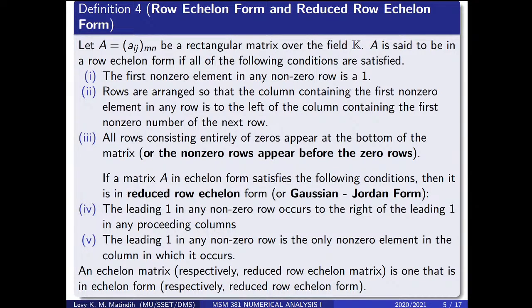The third property: all rows consisting entirely of zeros appear at the bottom of the matrix. What does this mean? If you have any row whose entries are all zeros, you push it to the bottom. Now, that's about row echelon form. Then you say this matrix is in row echelon form. Now, if you have a matrix which is already in row echelon form, and it satisfies the following condition, then it is